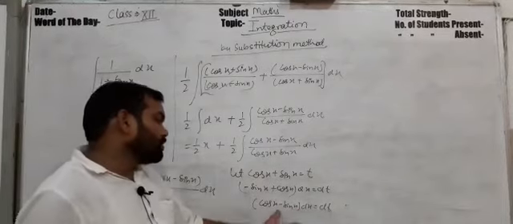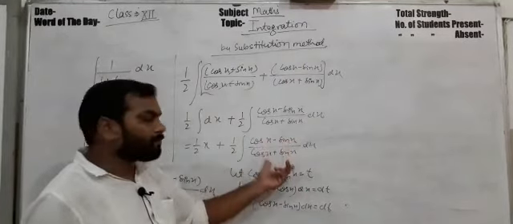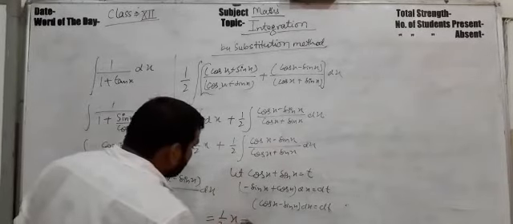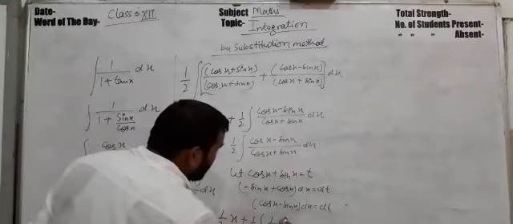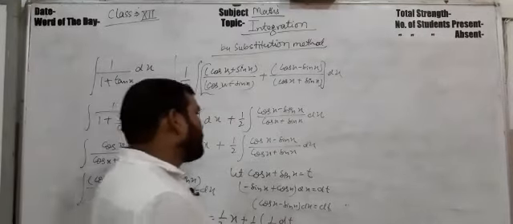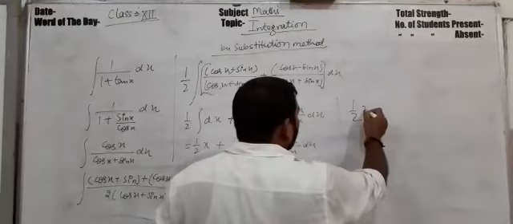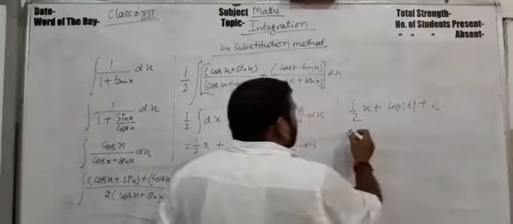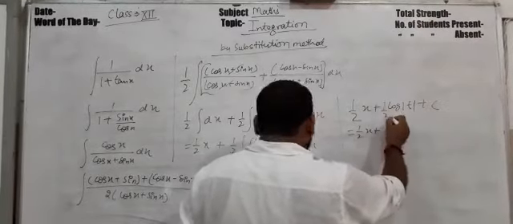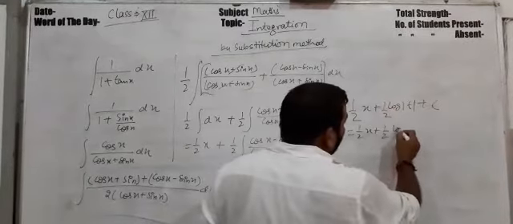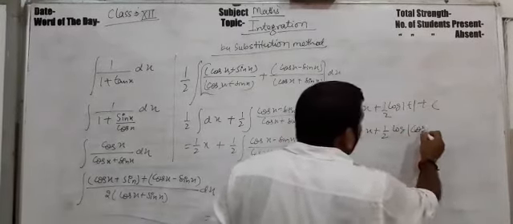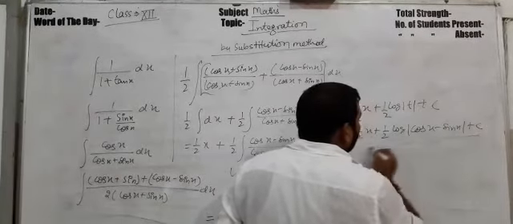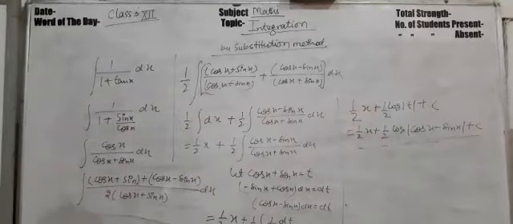That is the numerator part of this fraction. So now this integration reduces to half of 1 by t dt. Now integration of 1 by t is log t plus c, if you remember. So this becomes half of x plus half of log of mod of cos x plus sin x plus c. So in this way you can integrate other parts also.